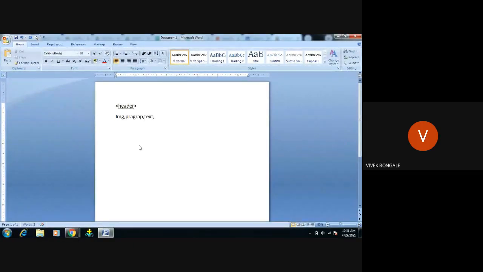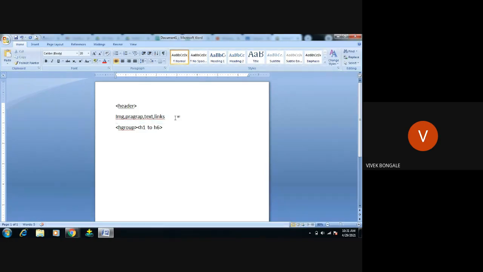We can include the hyperlinks. We can also use the hyperlinks. But when it comes to the H group, that is the header group, we only have some of the headers, from H1 to H6. Only these tags we are going to use in this H group. If you try to give an image, it will not work. It will throw an error.